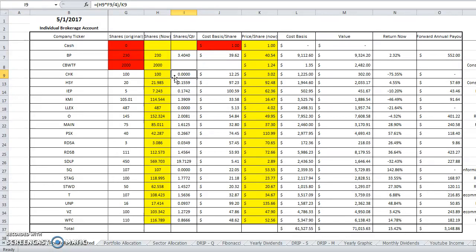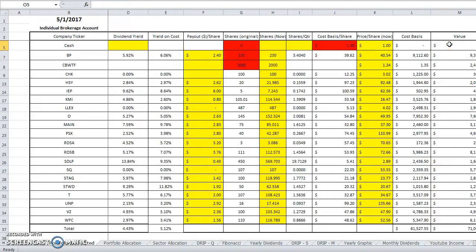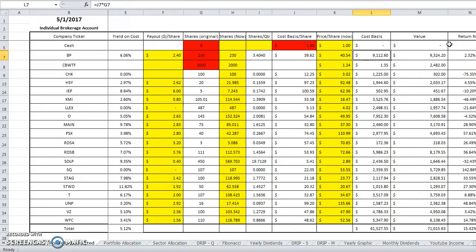But basically, they just wanted to know what I do for my spreadsheet and how it's really connected to everything. So this beginning opening part of the spreadsheet is basically just the portfolio. You can update everything, keep track of everything: company name, dividend yield, yield on cost, payout ratio, shares now versus how many shares you originally bought. If you do dividend reinvestments, then we can calculate your yield on cost. Price per share now, your cost basis of what you originally bought your money for, the value,